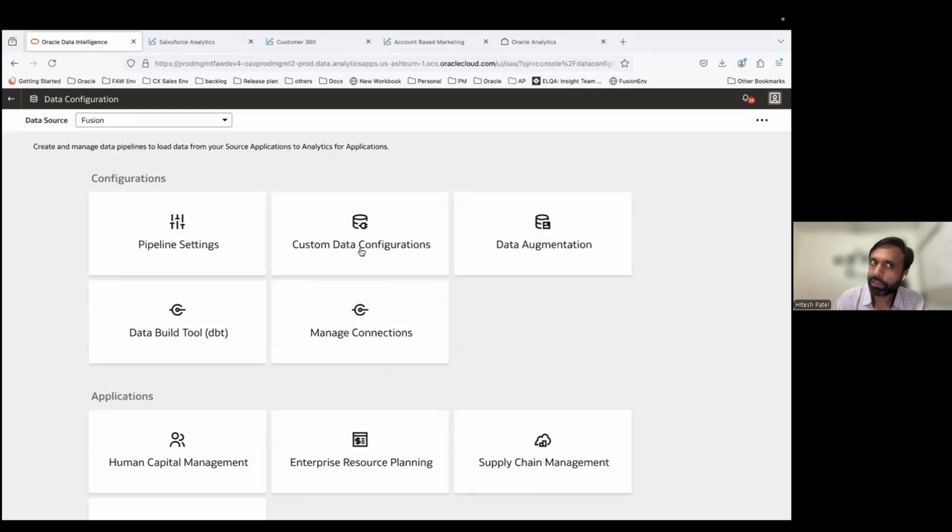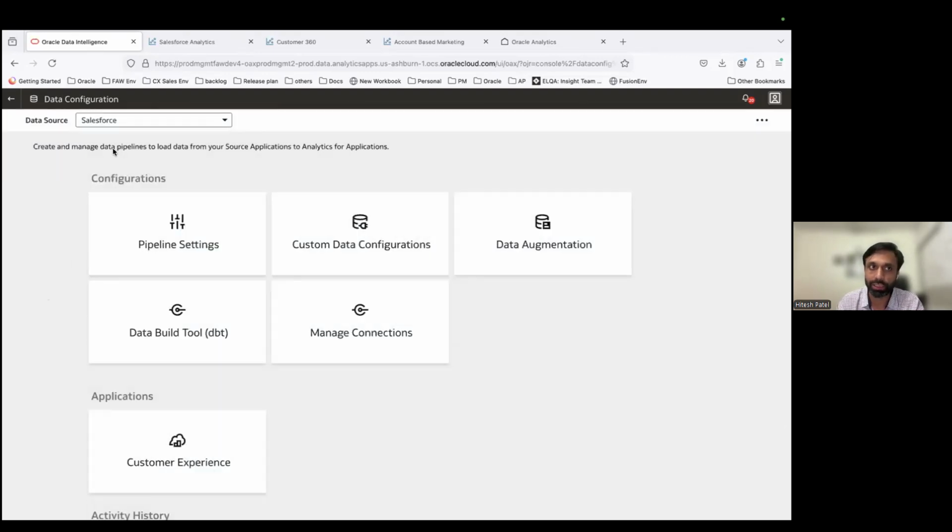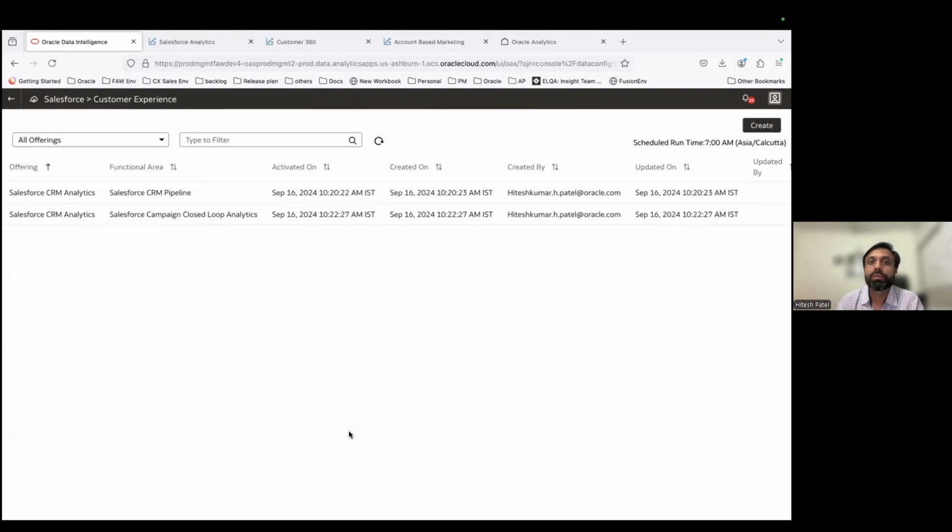Once you are in the FDI instance, I'm just showing you the console quickly. You can go to manage connection, provide your Salesforce credentials for authentication, and then you will start seeing Salesforce as a data source available, through which you'll be able to set up the managed pipeline. So these are the two pipelines.